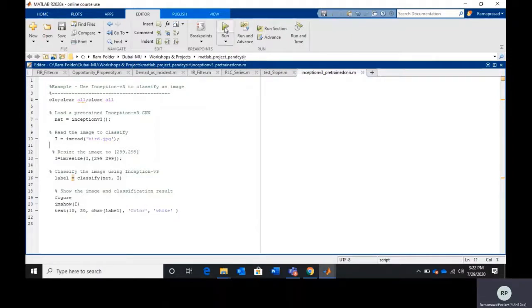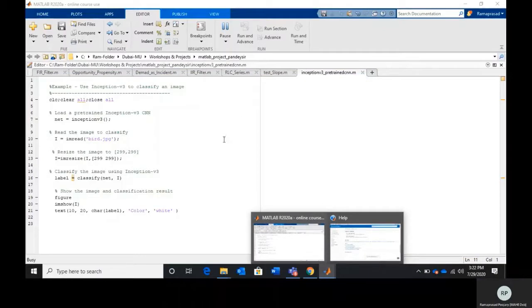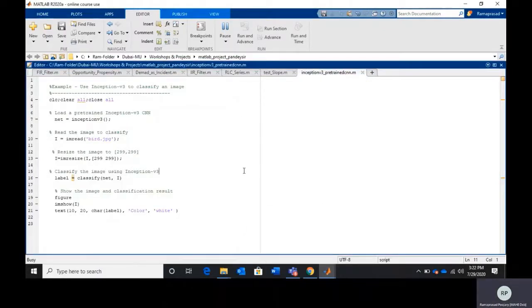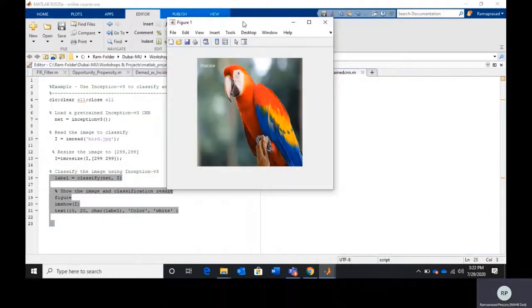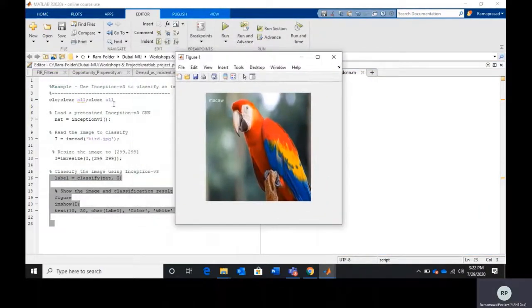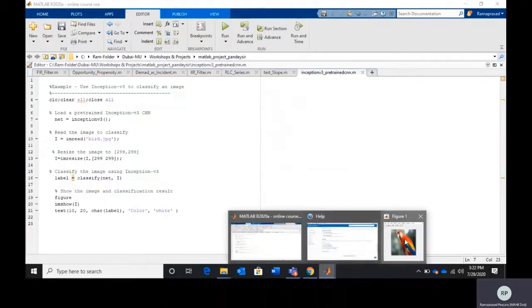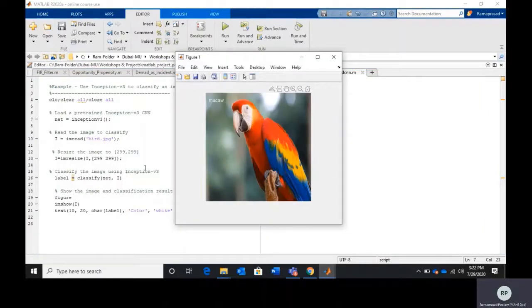So let me run this program. I'm just executing this program. Let me check the output. As you can see, this is my output. It displays the test image, and over that it also displays the label.